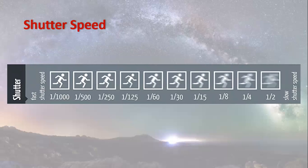Now, shutter speed. Some of you may have heard of the exposure triangle. This is the third side of it. Most of us are used to working in that left-hand portion of this little chart as far as shutter speeds. For night photography, if you look to the right, just keep going, and you're going to be out there somewhere. So it takes some getting used to, but you're going to be working with exposures of 15, 30, 60, 90, 120 seconds. And that's why you've got to have your tripod, your remote shutter, but that's also what's going to allow you to capture some